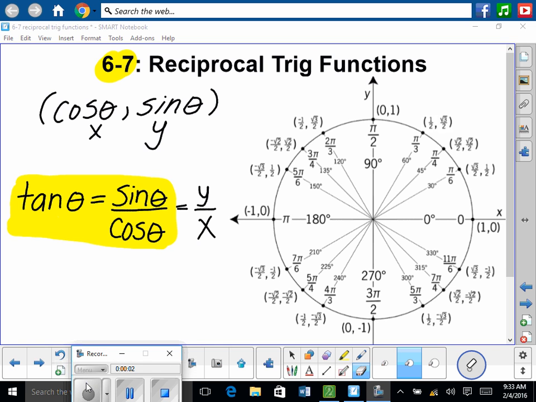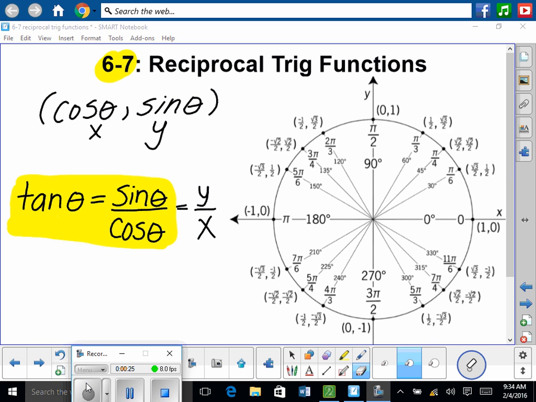7, and we're going to be dealing with reciprocal trig functions. Now, reciprocal means the opposite. Remember that, flipped over a fraction. So remember that with the unit circle, before we get into reciprocal functions, just remember, when using the unit circle, we're talking cosine and sine values. We're looking at x and y points around the unit circle, and x is our cosine and y is our